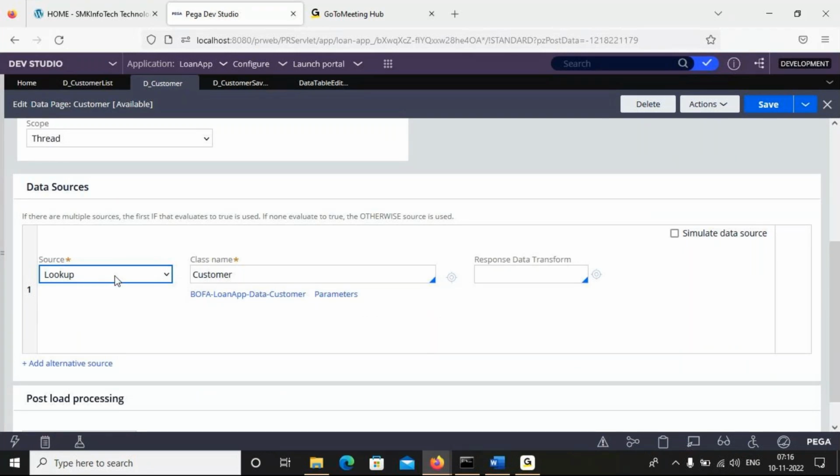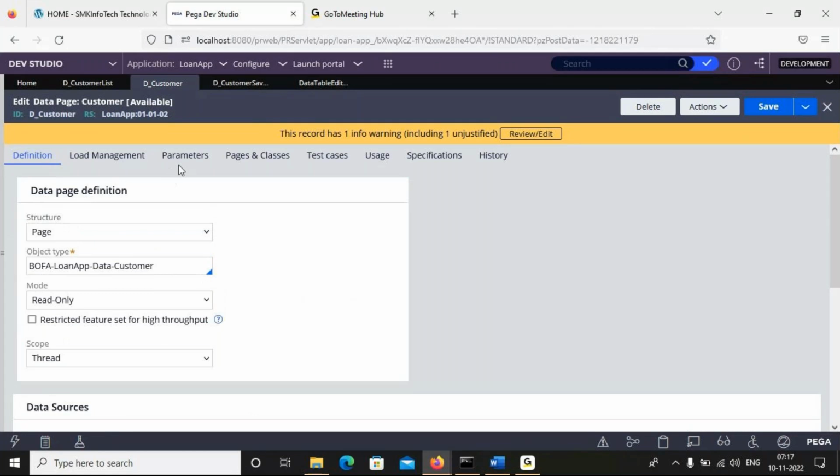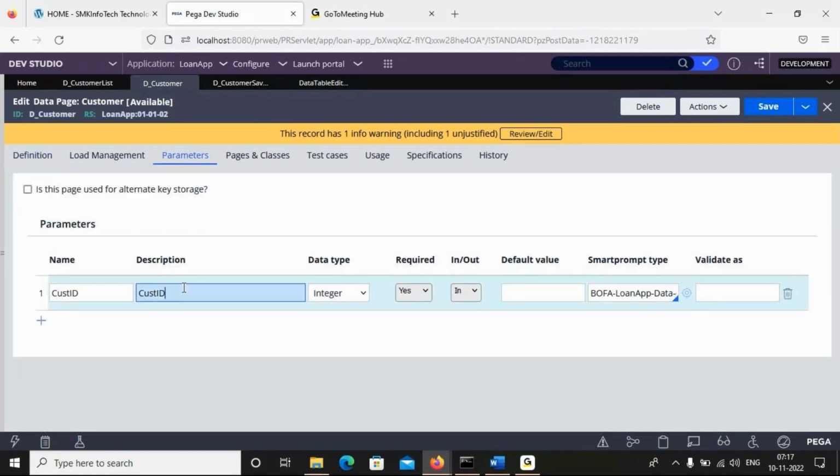Lookup is a source. It is used on a single database to fetch a single record. Internally it is one of the activity methods, called Obj-Open. If you want to bring a single record, you need to pass the parameter, right? Otherwise, it brings multiple records. So if you go to params, by default customer ID came here.